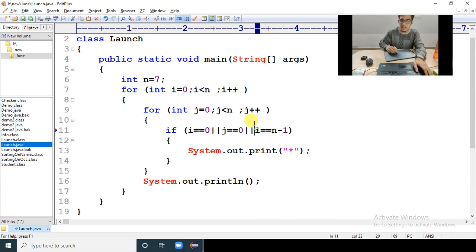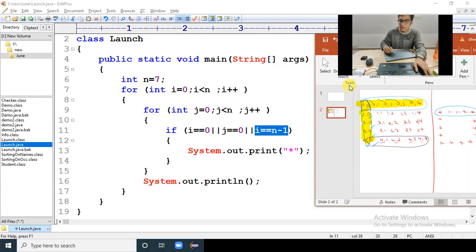Next, you are telling I equal to n minus 1, which means after printing this line, the compiler will print this line. Then you tell me, if the compiler prints this line, the cursor has to come here. Can the cursor ever go back up and print star here? No, right? It can't do that, which means whatever you are thinking is wrong.